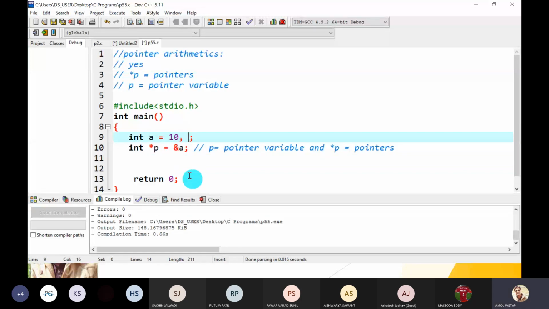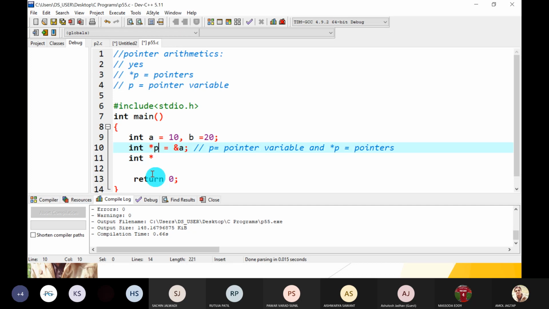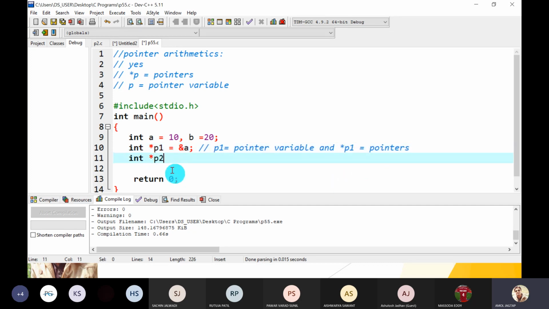For a, and for the second value, b is equal to 20. Take two integer pointer type variables, say p1. Just p1 is a pointer variable and star p1 is a pointer. Next, p2 is equal to address of b. So pointer p1 stores the address of variable a and pointer p2 stores the address of variable b.